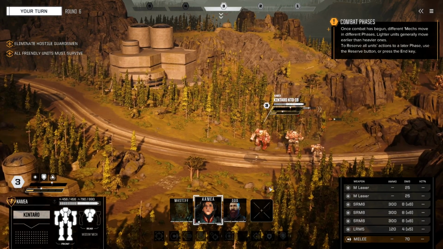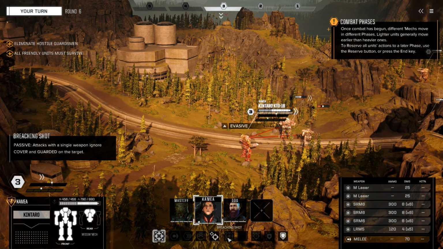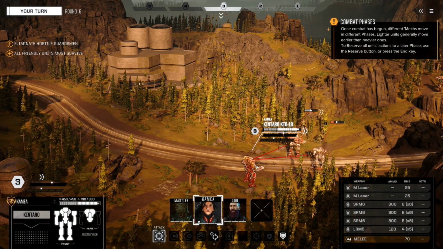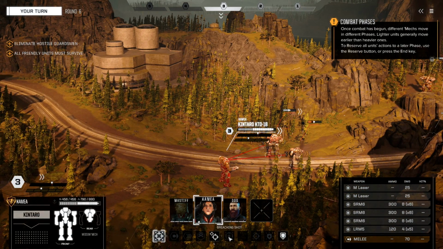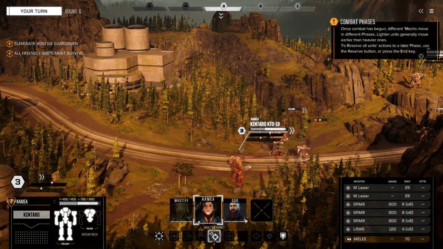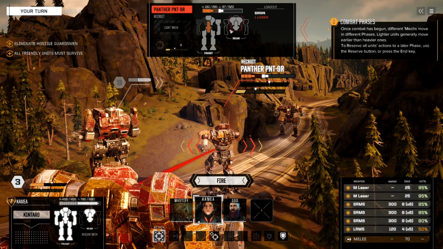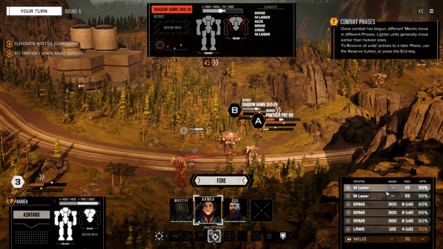I'm on the move. So we use that multi-shot, which is one of the possible mech warrior abilities. The pilot has specific abilities as well. This breaching shot attacks with a single weapon, ignoring cover and guard on the target. This is a passive, so this happens if we just use one. But anyways, we can probably just hammer into one of these. And this guy, see, his core's already almost toast. He's got no armor in the back. So I will actually split my shots here. And let's do...